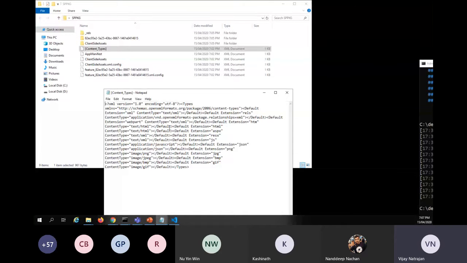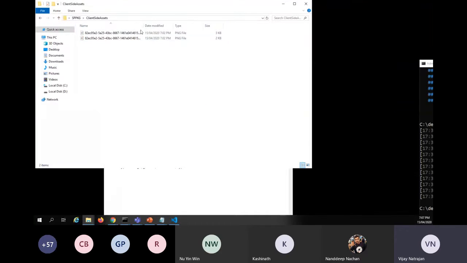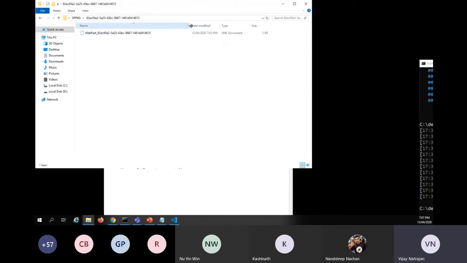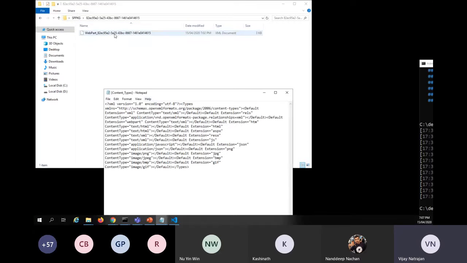Okay, so in the client side folder, what is there? There is a big file, which is, there are two PNG files. So I think these are icon files, so we'll just leave them. Then there is a GUID folder, and this GUID folder contains another XML document, which is